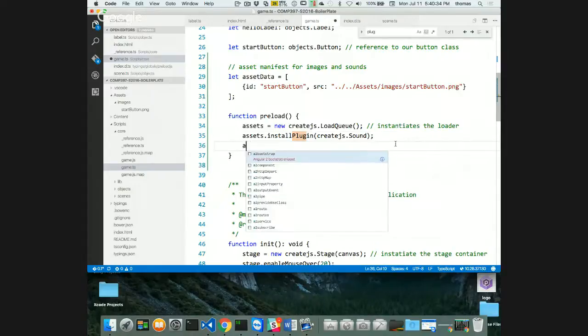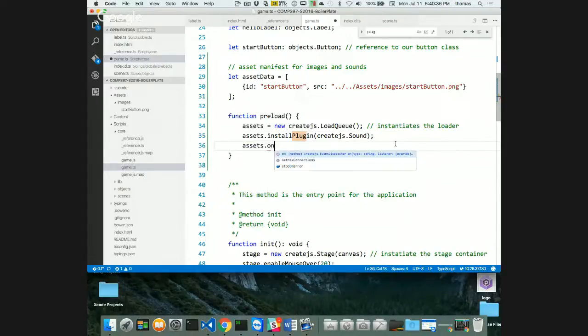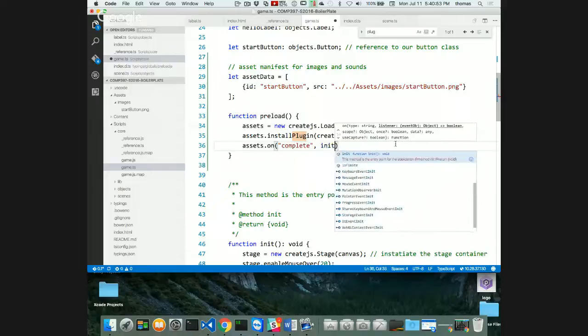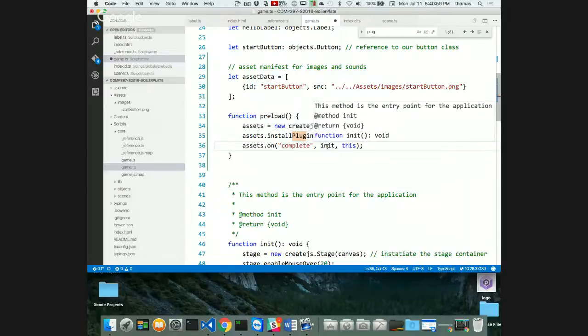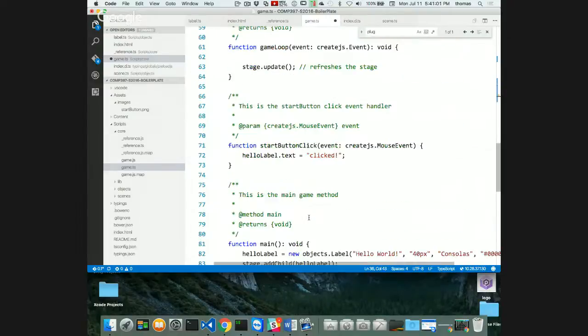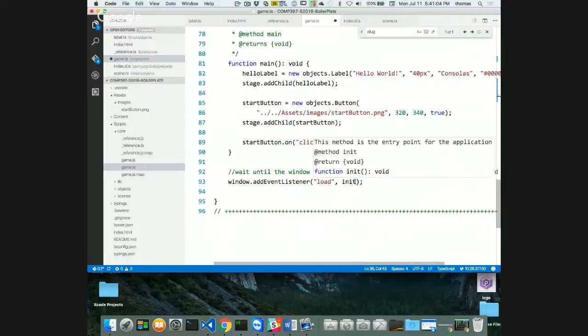All right, next one is assets.on. When I say on, on is a shortcut for addEventListener for create.js only. So when my assets complete loading, what do I want to do? I want to run init, and I want to pass in a reference to this. I want to run init after my preloader, which means down here, where it says init, no,